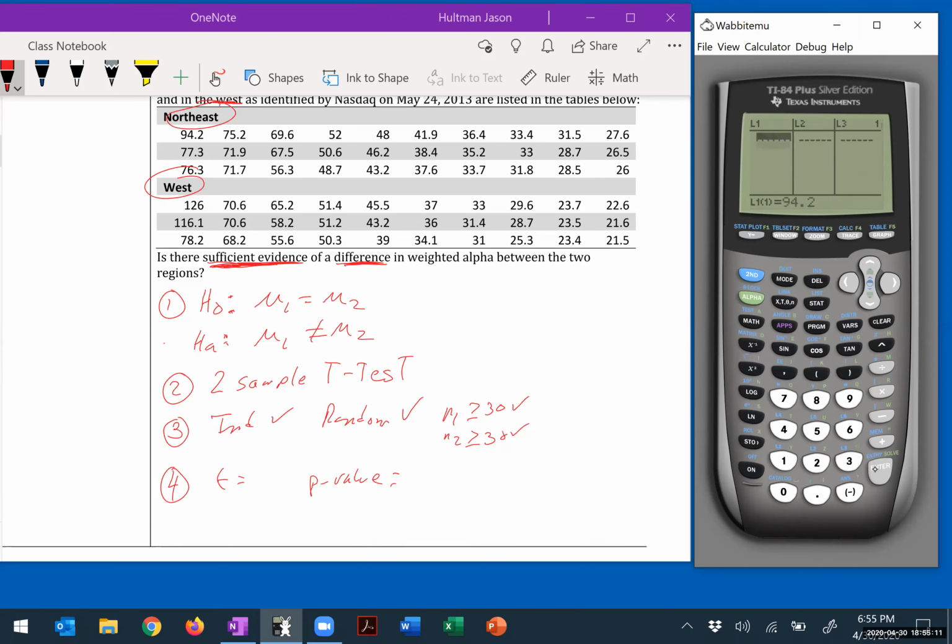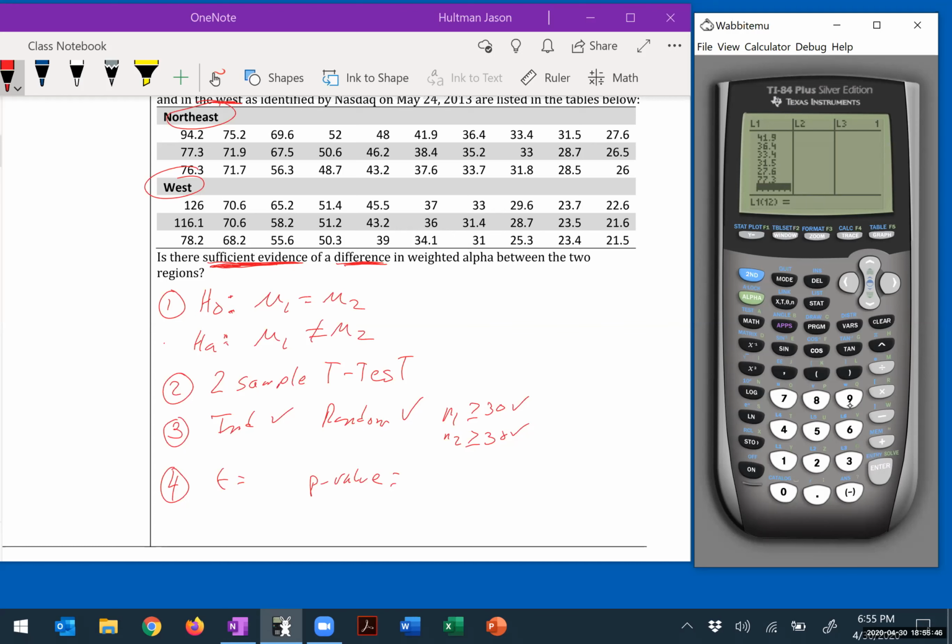94.2, 75.2, 69.6, 52, 48, okay, 41.9, 36.4, 33.4, 31.5, 27.6, 77.3, 71.9, 67.5, 50.6,